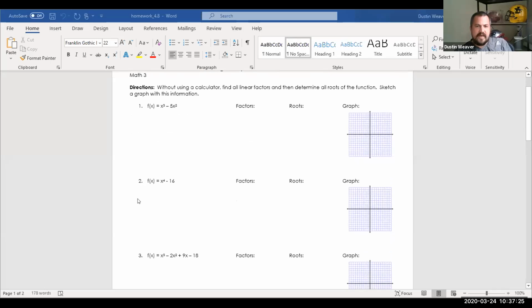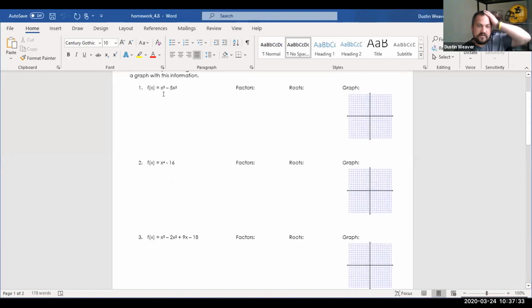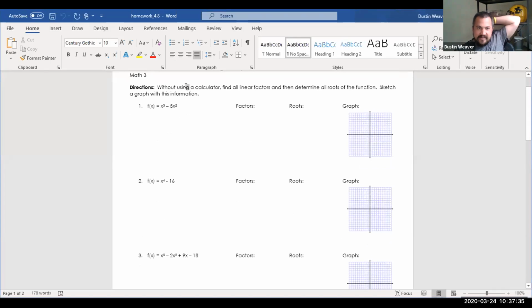So those are all the notes that we needed from today, and I'm going to kind of end this with showing you the homework. So I'm going to share the homework questions that we had. It says without using a calculator, but there's no reason in this case that we would not use a calculator. So I would take out the word without, and I would say using a calculator. I would specifically say using Desmos if you're able to, since you're already on here.